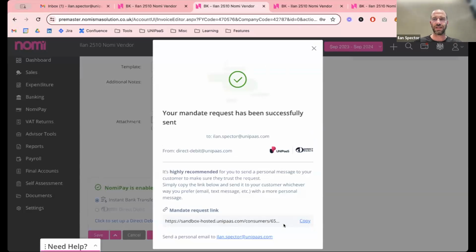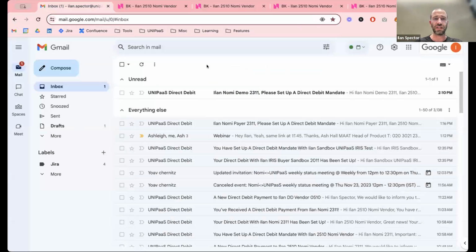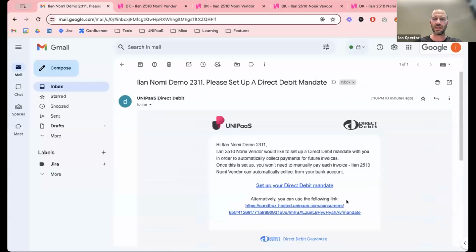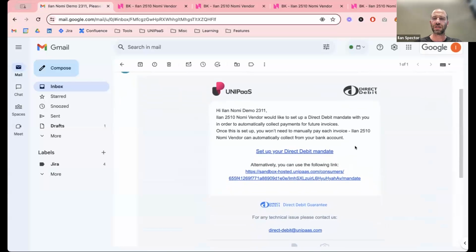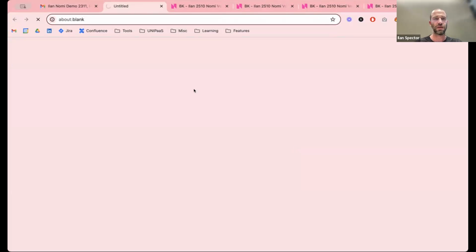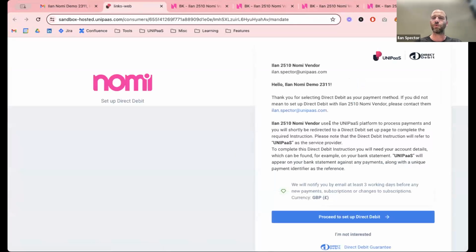You can send it via SMS or email or WhatsApp or any other method you choose. But your customer did receive an email, and the email is the following. It says, Ilan Nomi Demo, which is your customer's name, please set up a direct debit mandate. This is the email. And once your customer clicks on this link, they will be redirected to a setup flow,